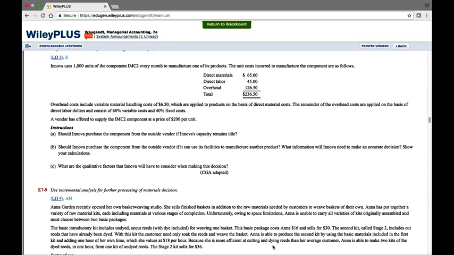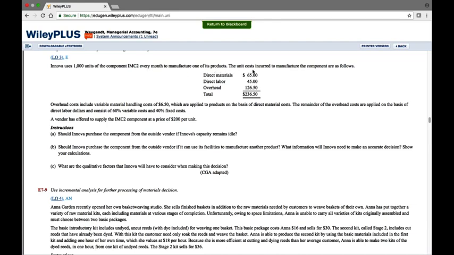Let's move on to the next exercise, which is exercise 7-8. In this exercise, the information is basically the same as the prior exercises. However, it's not presented in as straightforward a manner as in the previous cases, but we can work through it. So we have a company that uses 1,000 units of a part every month to manufacture its own